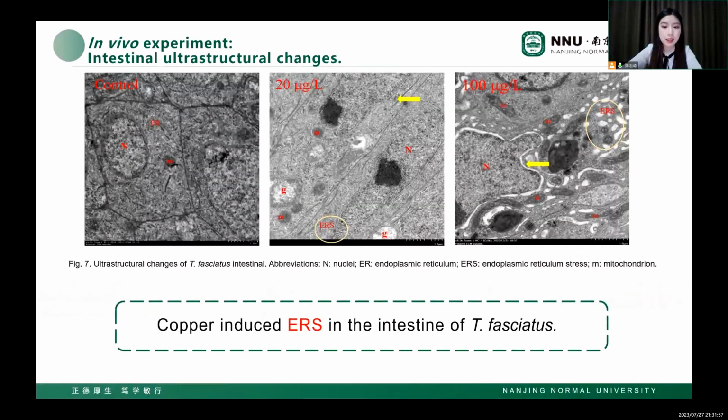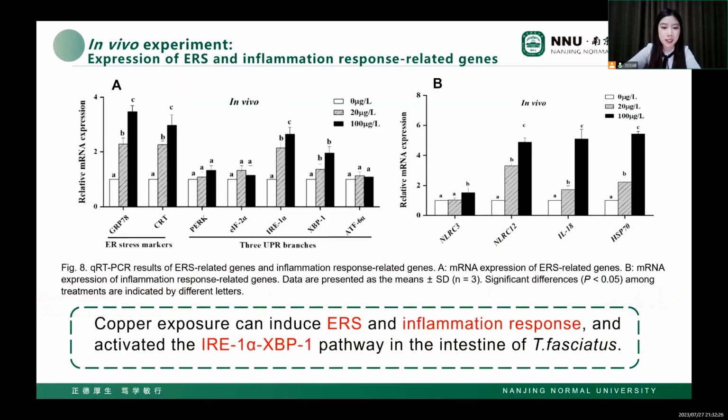And then figure 7 illustrates the ultrastructural change of the T. fasciatus intestine. After exposure to copper, the nucleus was significantly deformed, and the endoplasmic reticulum was extremely damaged, suggesting that copper induced ERS in the intestine of this fish. And figure 8 is the in vivo RT-PCR results of ERS-related genes and